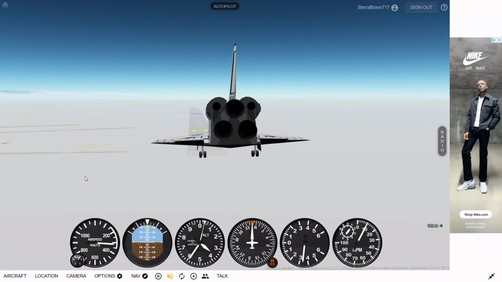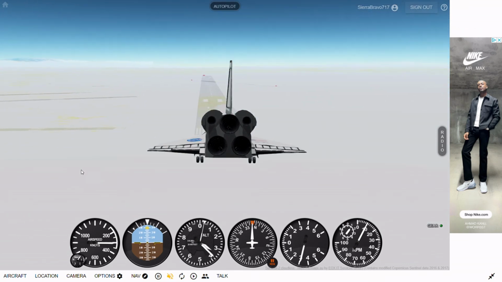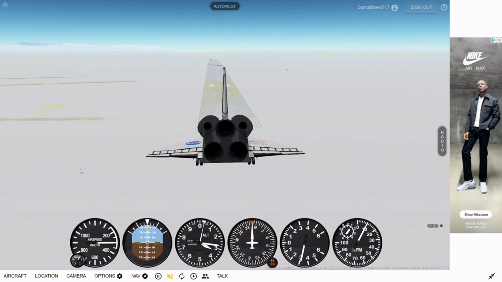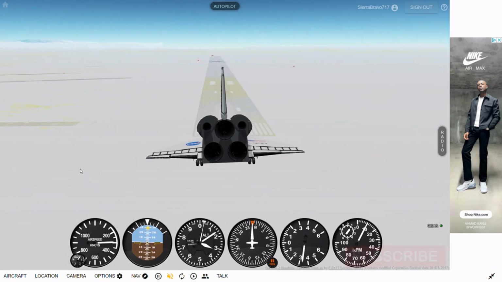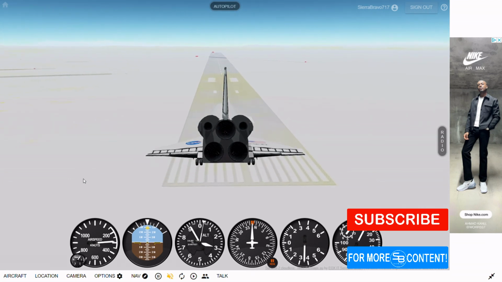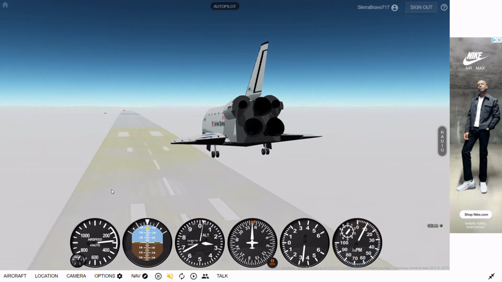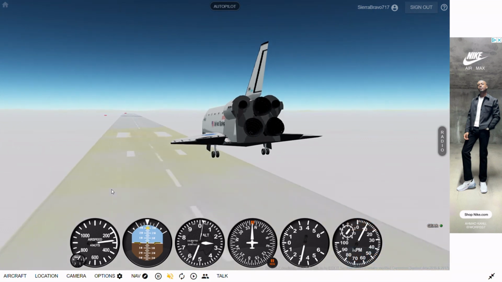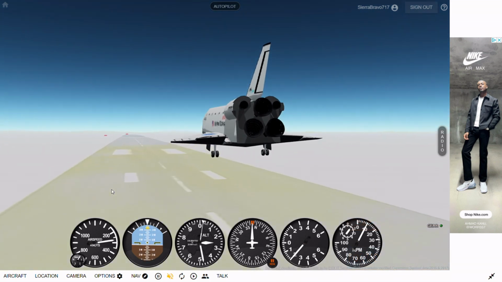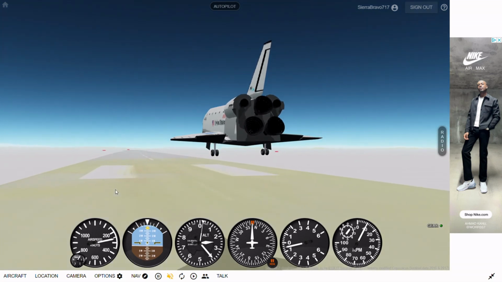This shuttle pretty much has infinite fuel to it. So, I mean, technically, yes, it is a glider in real life. However, I choose not to consider it as a glider in this video. I will cover it in more detail in its own video later on, provided, of course, that it is still